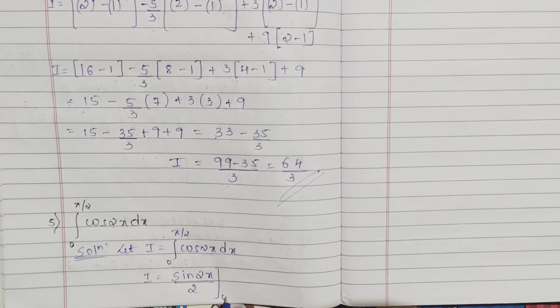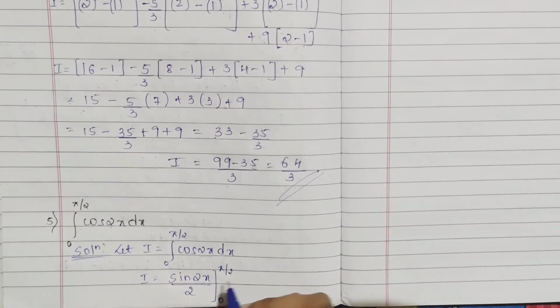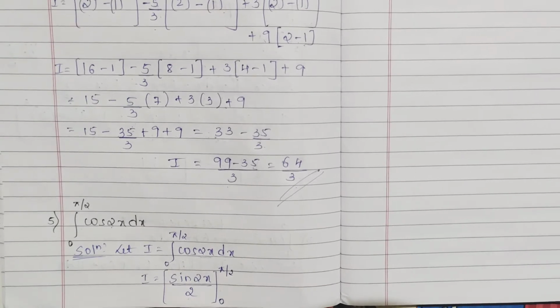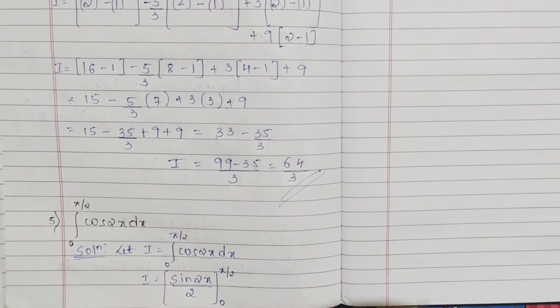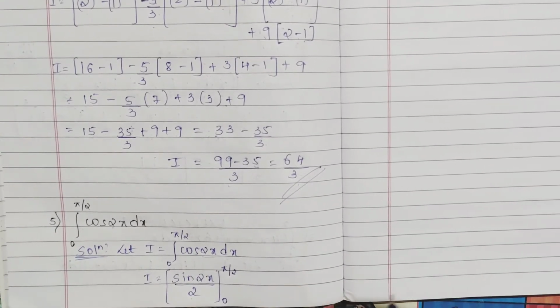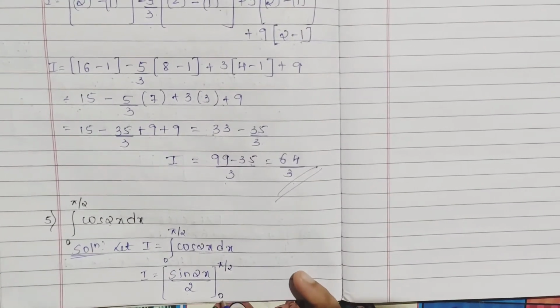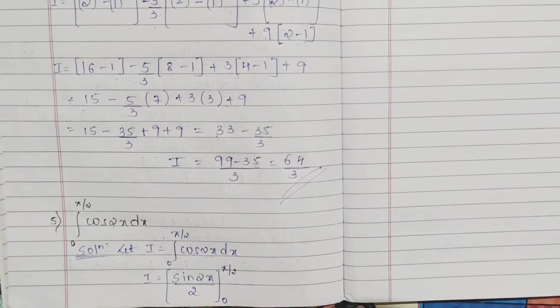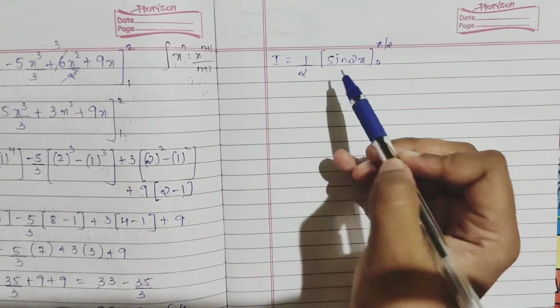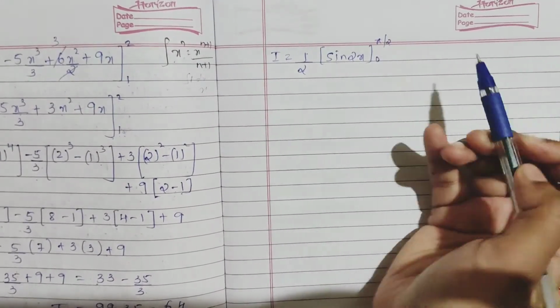So, and your integrals they have given 0 to pi by 2. And you can take both the side, or just you can keep at the end also. You can put just line and write the integrals. Now you have pi by 2 to 0. So 1 by 2 will keep outside. So 1 by 2 I have kept outside. You will be having sin 2x from 0 to pi by 2.